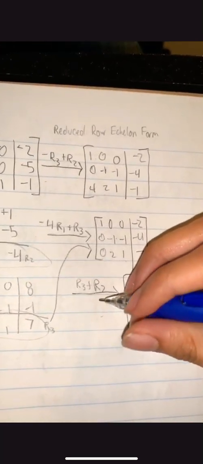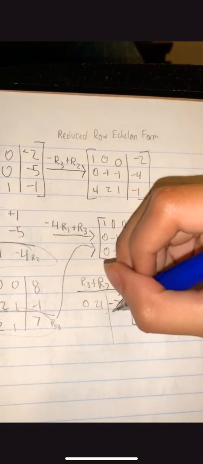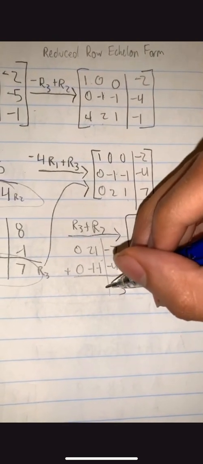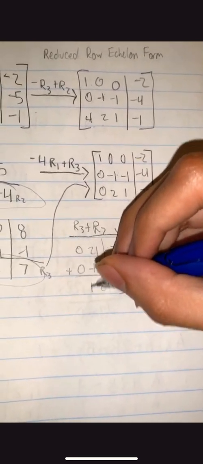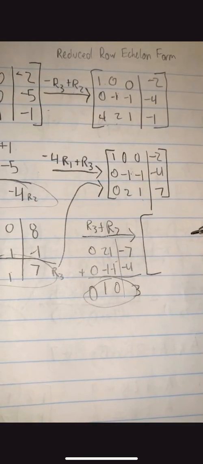And so row 3 will look like this: 0, 2, 1, -7. And row 2, 0, -1, -1, -4. We will be adding them. So this looks like 3, 0, +1, which is what we wanted, and 0. So this is a perfect